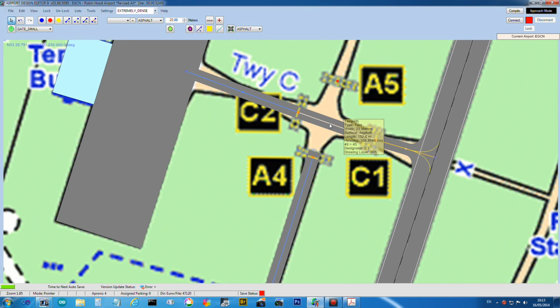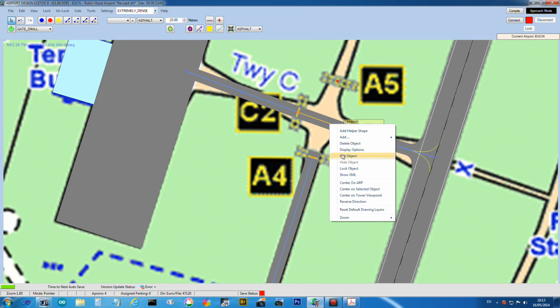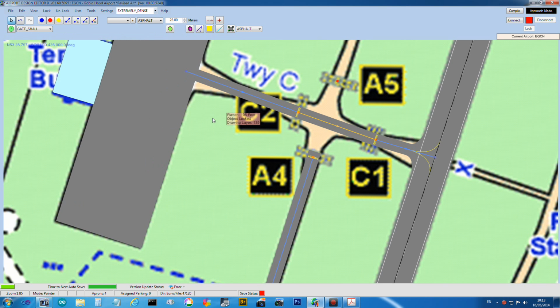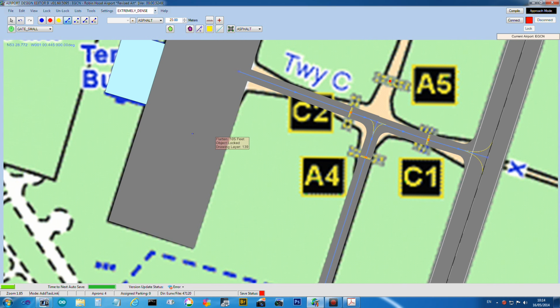Okay, and that one, I think, then should be blank. Where the junction is? Okay. Right, now, so this now joins that. So we can now go to here. Alright, now,